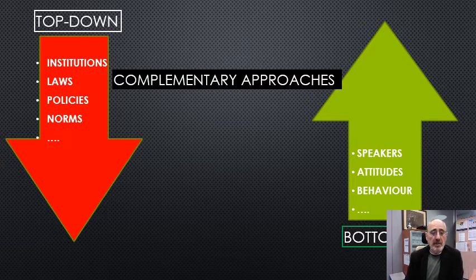One is top down and it comes from governments and institutions, and it works by enforcing laws, norms, etc. And the other one is the bottom up one, which comes basically from speakers and can express itself through behavior and attitudes as well. That's the one we will focus on